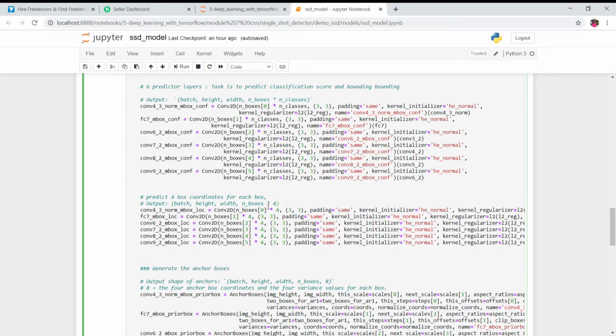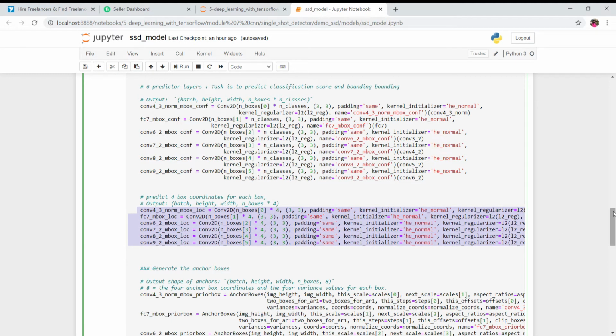The output would be like this: height and width, and then the boxes, and then times 4. This 4 simply means bx, by, bh and bw, these are the 4 bounding box coordinates. So this is what we are doing in these 6 layers, all right?